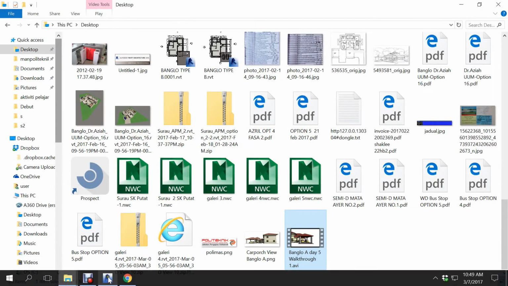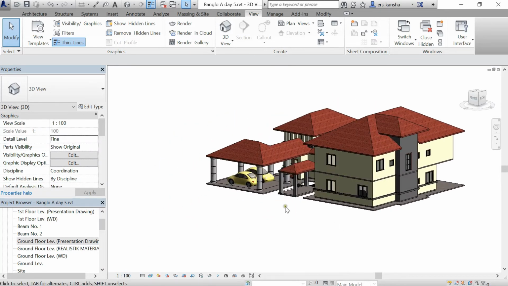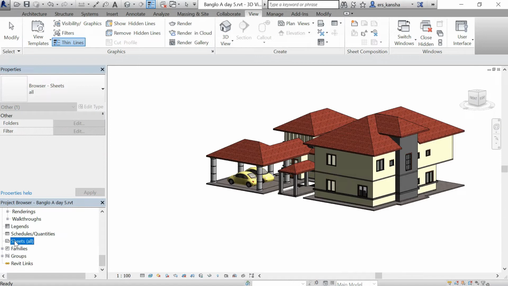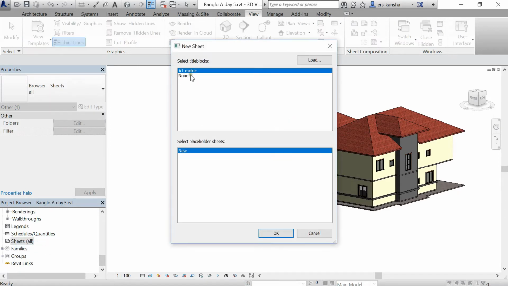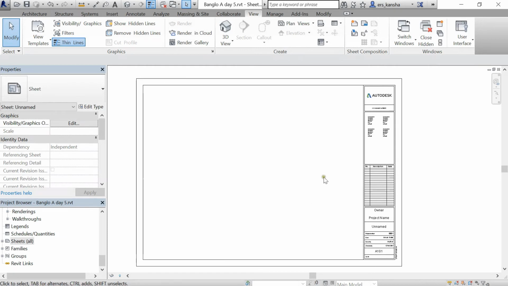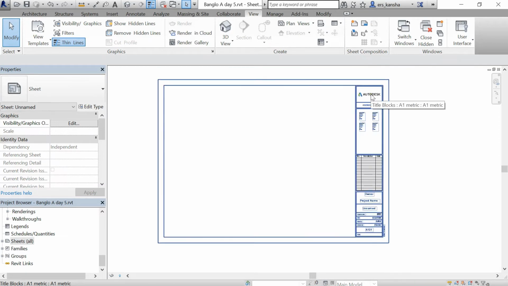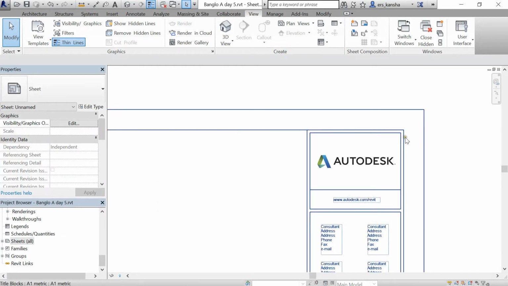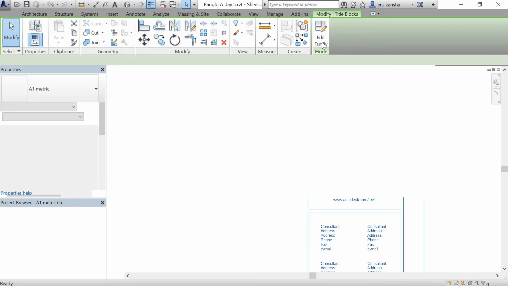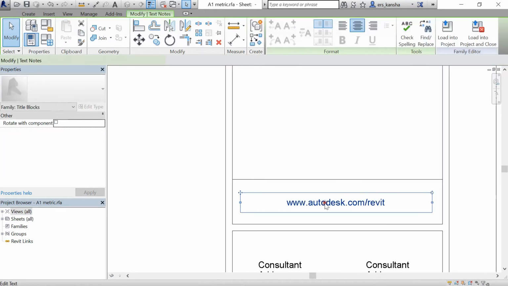Okay, now we want to plot a drawing to the A3 size, A1 size. At the project browser, we scroll down, have a sheet here, right click, new sheet, and then we load, and now we use an A1 metric, click OK. So here I have A1 metric, and then we can edit this title block. I edit family. So I delete the logo, and then I put here